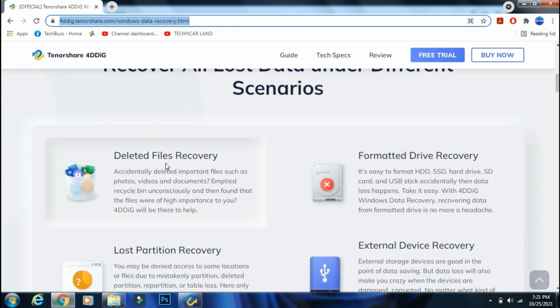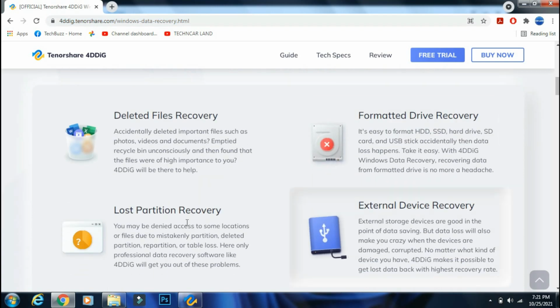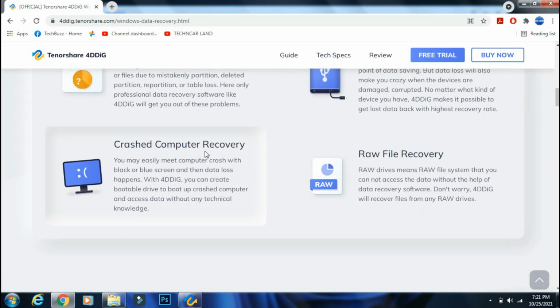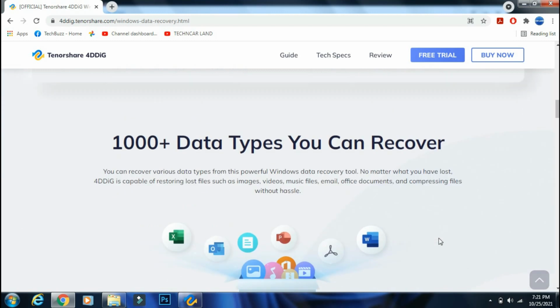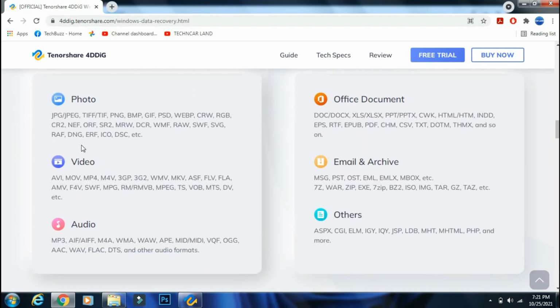Although this app is not free, it's worth every penny as it can recover lost data from corrupted hard disk failure, bad sector or system failure due to power cut. And it supports NTFS, exFAT, FAT16 and FAT32 format for Windows and APFS and HFS Plus format for macOS. It can also help you to create a bootable drive for a non-booting PC to access and recover files, and it can also recover data from raw drives which are not accessible in PC. It can recover photos, videos, audio, PDF, office documents, locally created emails and other internet files.